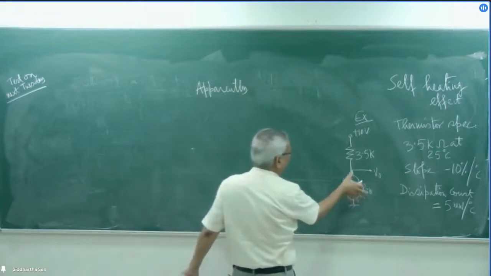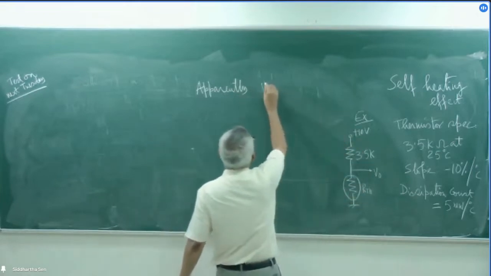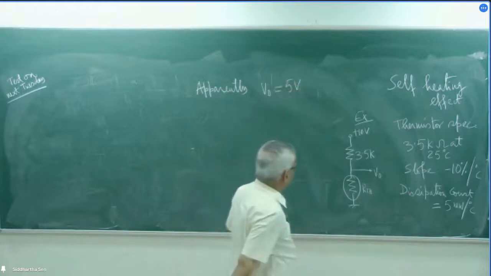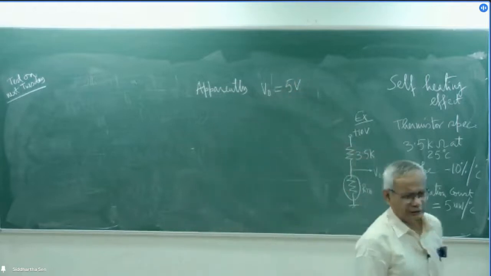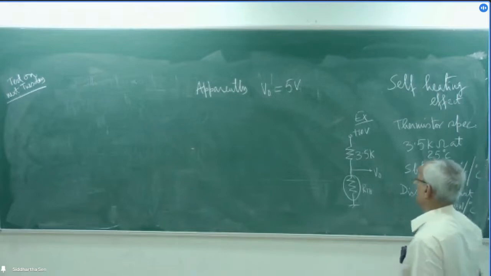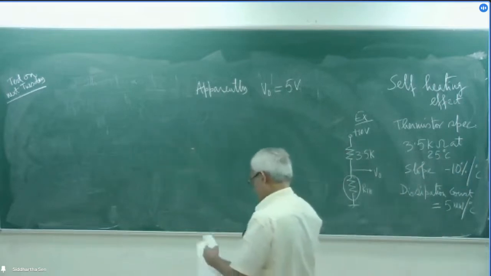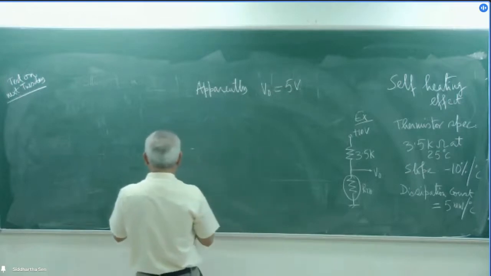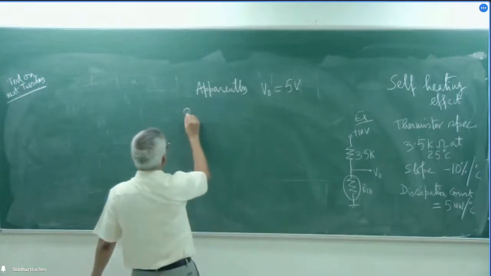This is 3.5 K, this is 3.5 K, the V0 is equal to 5 volt because it is equally distributed between plus 10 volt and ground. But what we can say, then, is the power dissipated